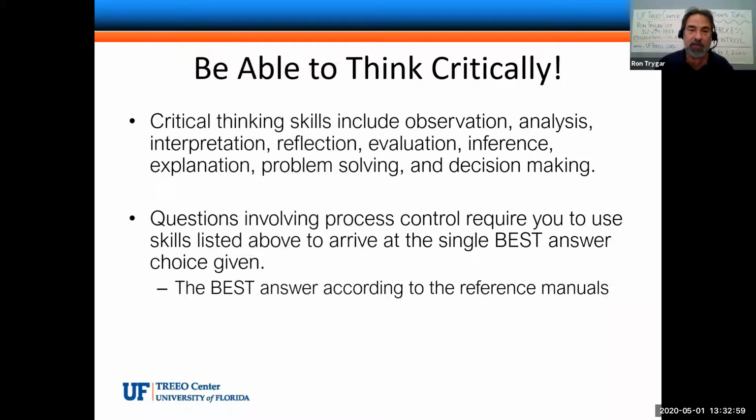You need to be able to think critically. It's tough to train people to do this. That's what's causing us some issues in the training world, is how do we actually teach critical thinking? It's very difficult, I think. This is something that you build within yourself, and these skills where we're critically thinking include observations, analyzing, interpreting things,